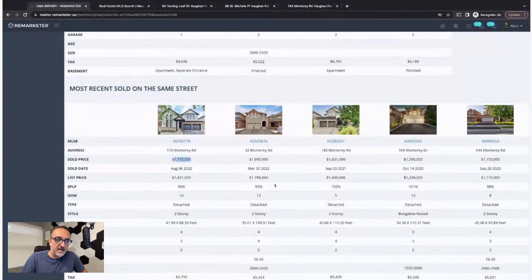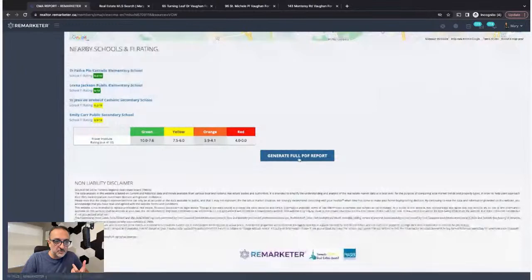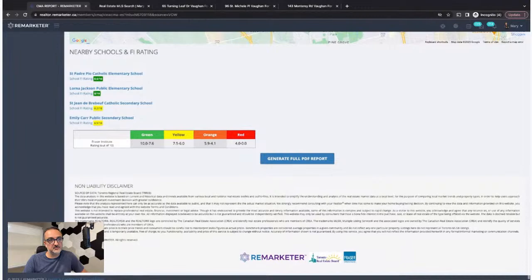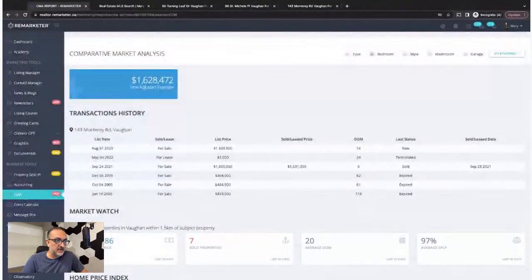And obviously you have the schools and schools ranking and information available, and you can always go ahead and click on the generate full PDF report, which is going to give you a printable version that you can print and take along with you if you don't want to do this on your tablet, for instance, right? So that is one example that we went through,